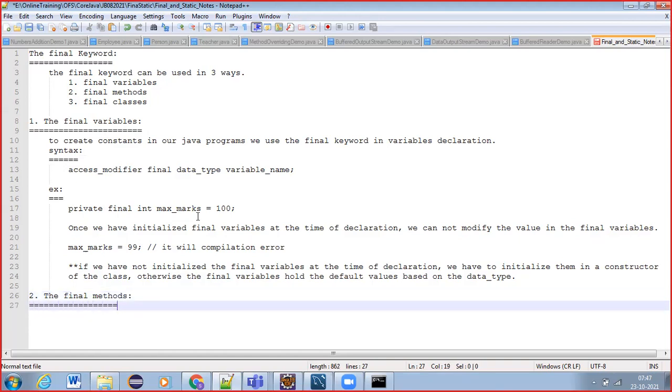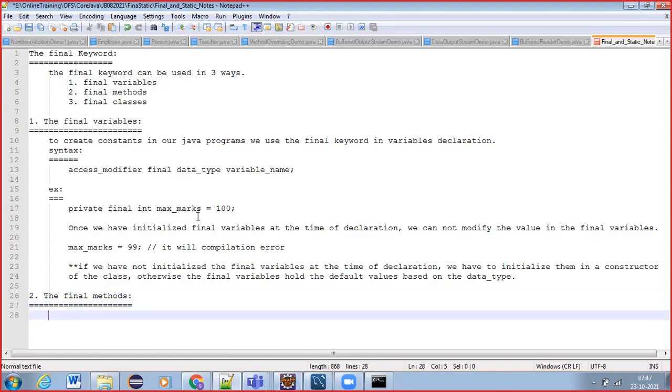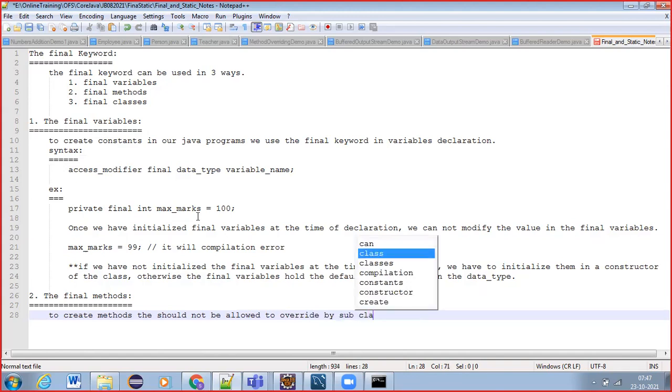So how do we use it, to create methods that should not be allowed to be overridden by subclasses?